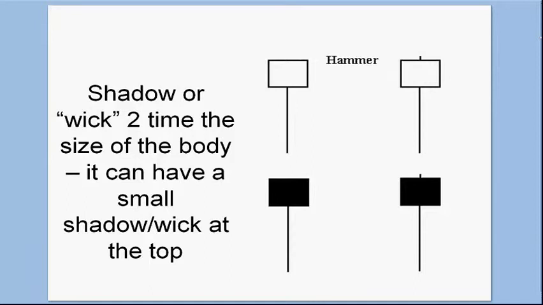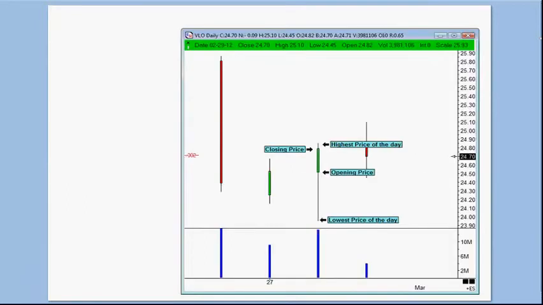If we take a look at VLO, the ticker symbol that I just simply pulled up as I was scanning some charts from last night. This is a hammer candle, so this is a priority 2, if you will. As you can see, the wick here is twice the size of the body. This qualifies as a hammer candle. You can see this was the high price, somewhere around $24.90. Here's the low of the day. You've got the open and the close.